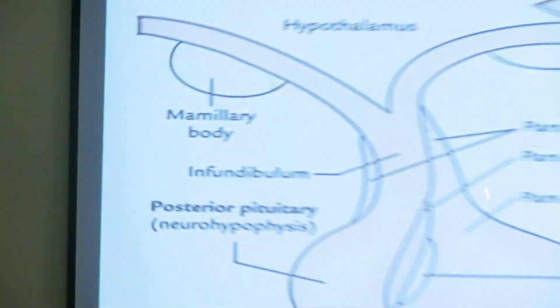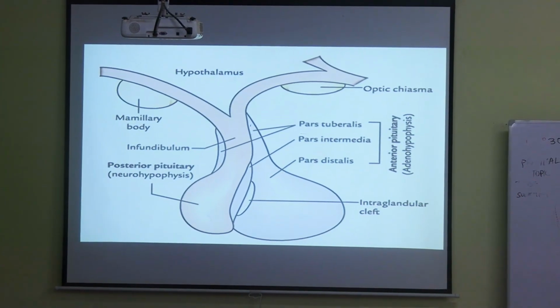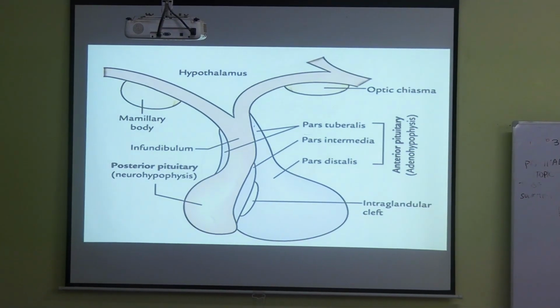They are also called adenohypophysis and neurohypophysis respectively. The anterior part is also called adenohypophysis, whereas the posterior part is also called neurohypophysis. Between these 2 lobes, we can see a small cleft-like opening called the intermediate cleft. This is how the adult structure of the pituitary gland appears. This is the anterior lobe and this is the posterior lobe. The 2 different lobes of the pituitary gland develop from 2 different sources.